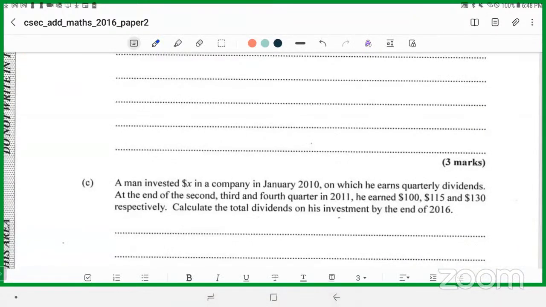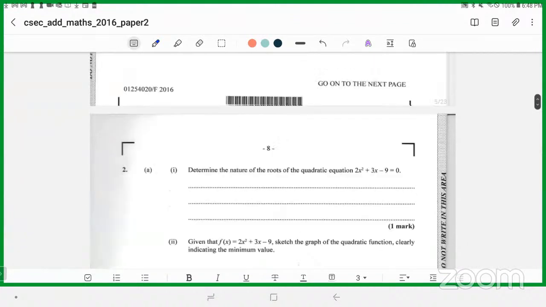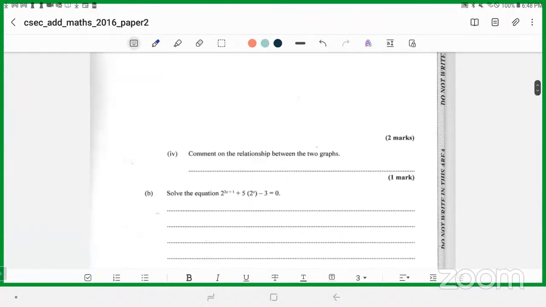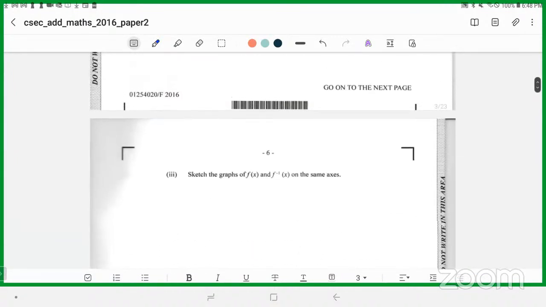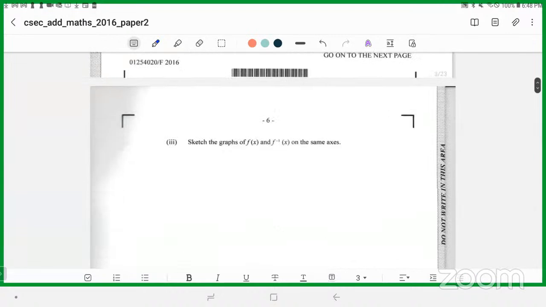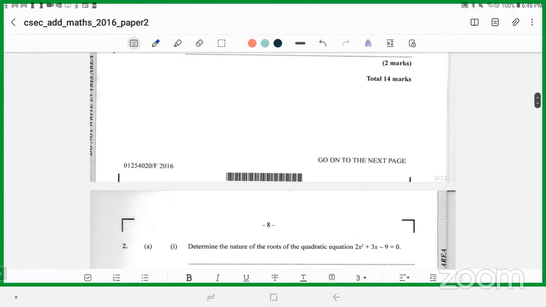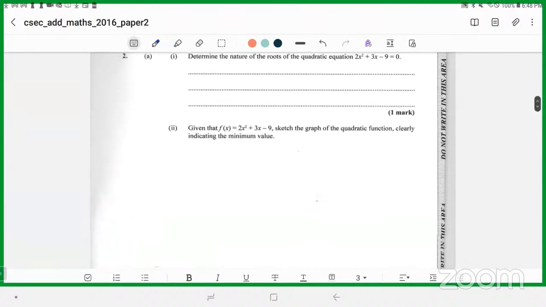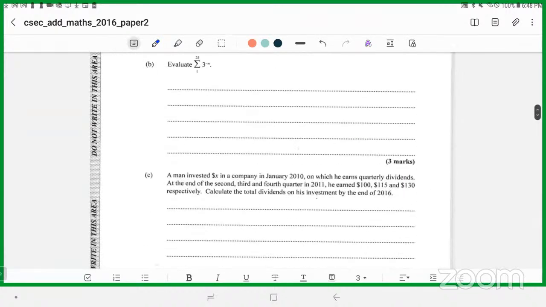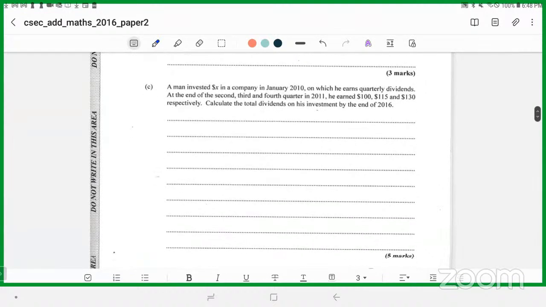Let's go. So we're looking for the polynomial on this paper. Let's see. That's a quadratic, it looks like. That's logs. That's this guy's quadratic equation. That's functions. Let's look again. Maybe there's none on this paper. No polynomials proper. Logs. That's a quadratic nature of roots. I want to sketch that curve. Continue this series. All right, so there's no polynomial in